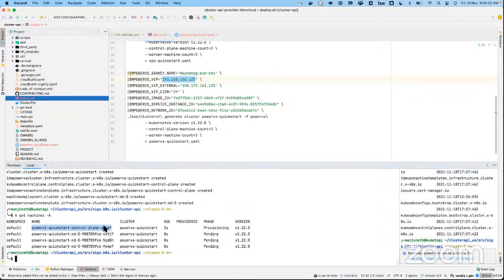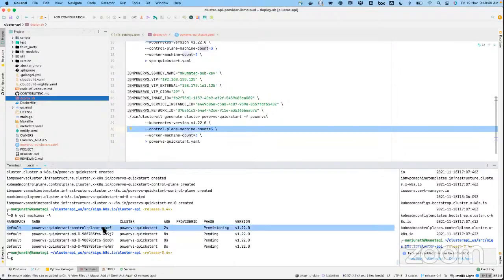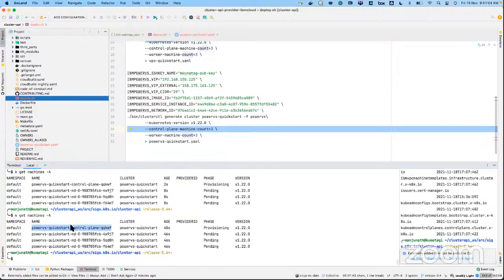For the control plane, initially it will create one control plane, and then it creates a bunch of other worker nodes, where the count is 3 here. The count is 3 for the control plane also, but it will deploy one control plane first, and once we have a proper first control plane, it will deploy the subsequent control planes, which join the first one. I'm damn sure we'll hit some error here because I don't think some of these values are really valid.